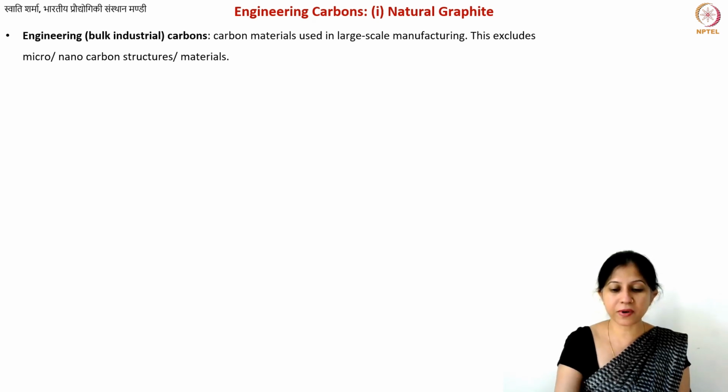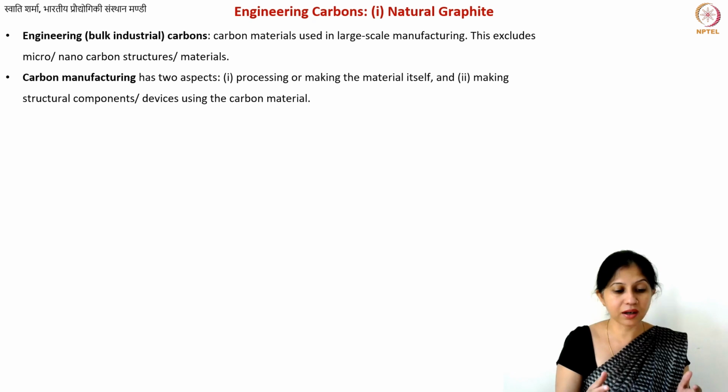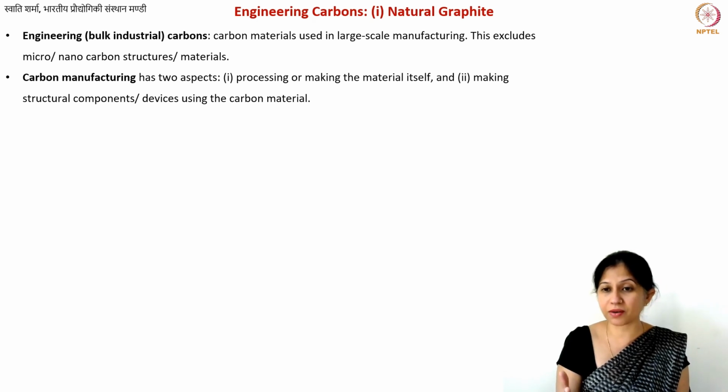Okay, so our first industrial carbon material is graphite. It's only obvious to start with graphite, because the graphite crystal structure and the properties of graphite are fundamental to understanding all other carbon materials. So it's the best idea to start with graphite, and also it is one of the better known materials as compared to the newer carbon materials. So we'll start with that.